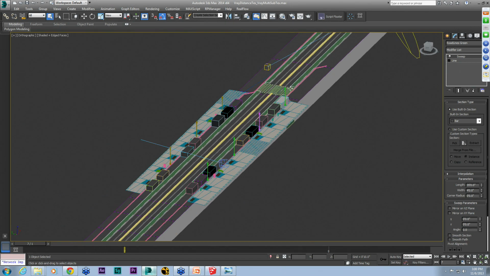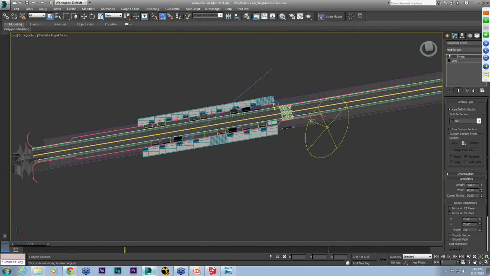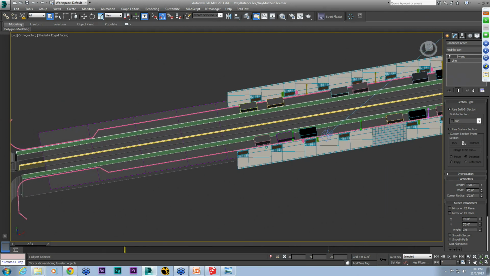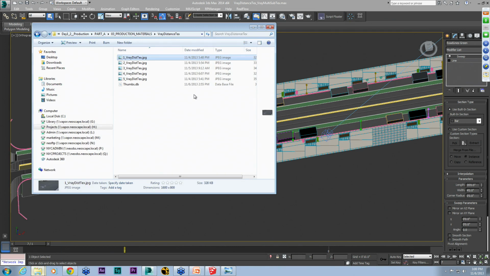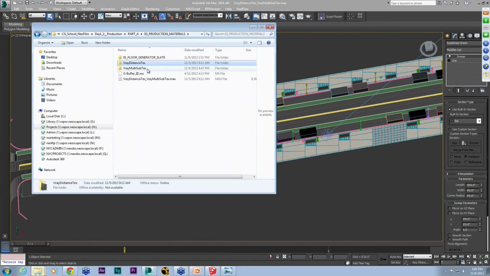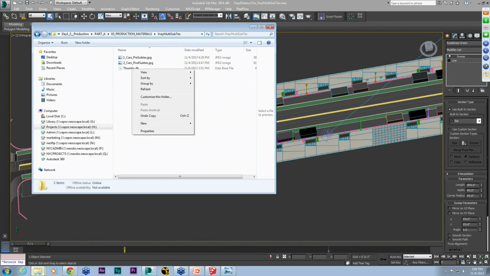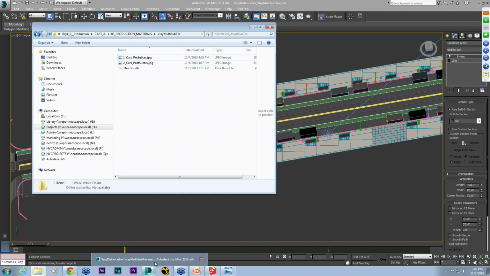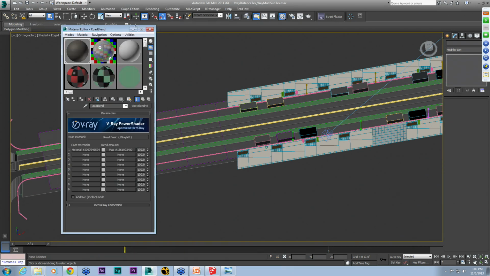Okay. All right. Another thing I wanted to show you was the use of the V-Ray multi-subtexture. This one is pretty cool. So V-Ray multi-subtexture is